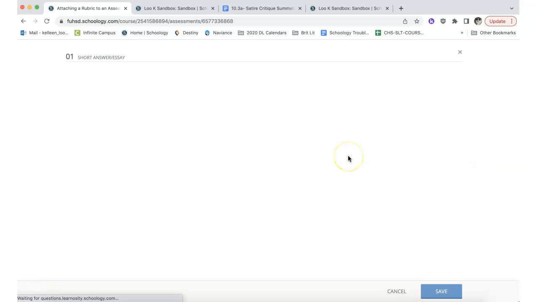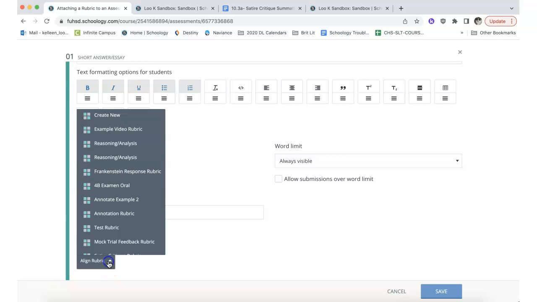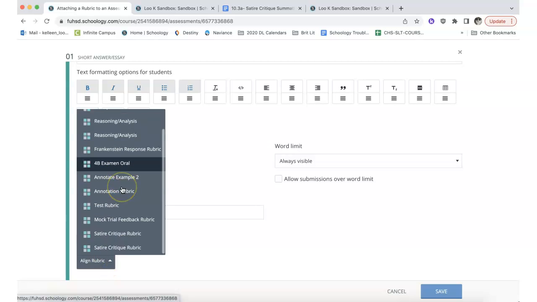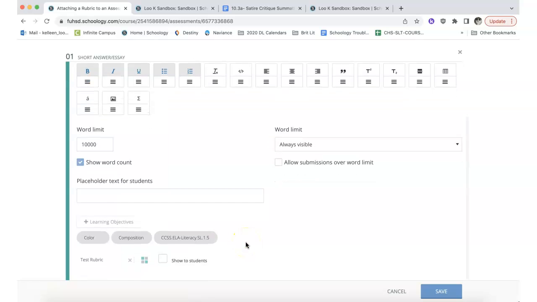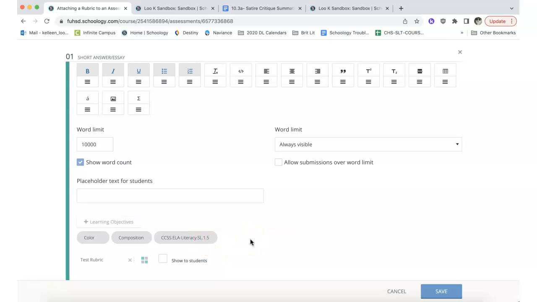When you go into the edit of the question, you would type your question out, and then at the very bottom there is this align rubric option, and then you can select the rubric that you want. And so I'm just going to select this test rubric, which has a bunch of random objectives plus this learning objective that I included. So this button here, little checkbox, tells you whether or not you can show it to